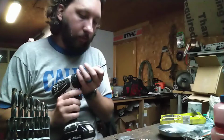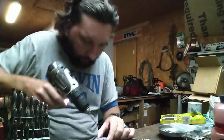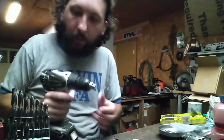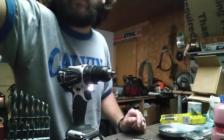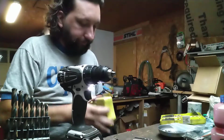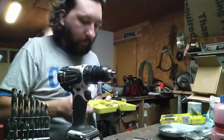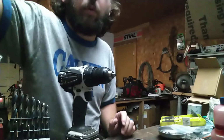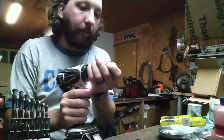Get this drilled. I think I'm going to need a smaller drill bit, to be honest with you, to get it started. Just about all my small ones are broke. I have very few real small ones left. They all end up breaking. I don't know if anybody can relate to that, but